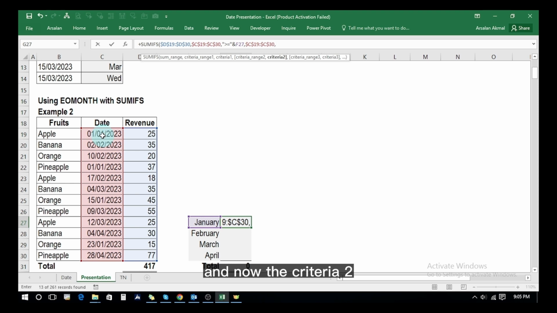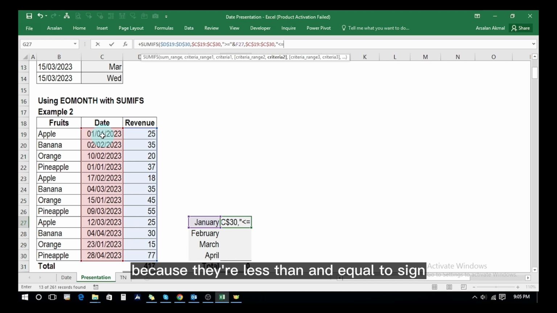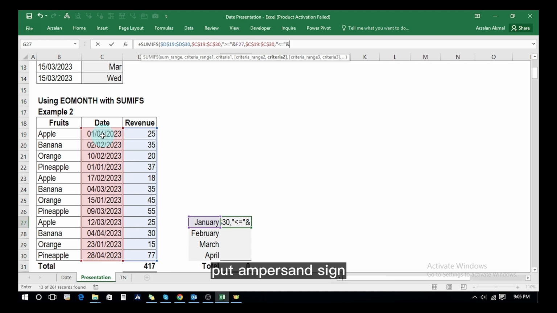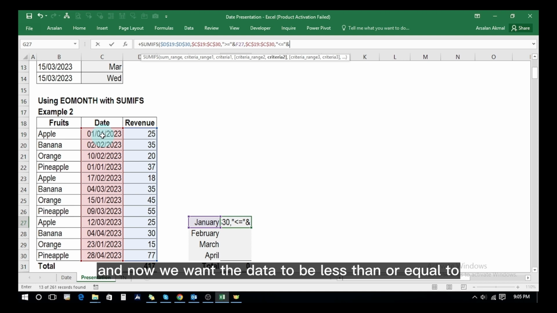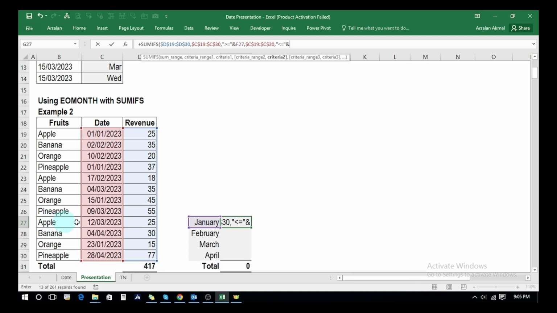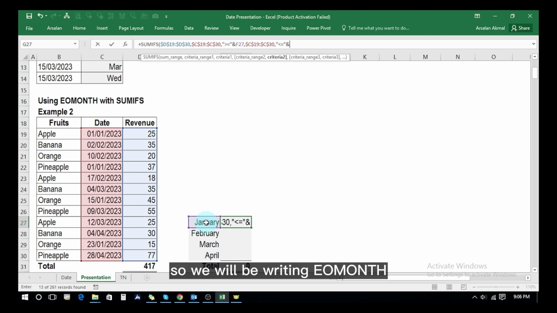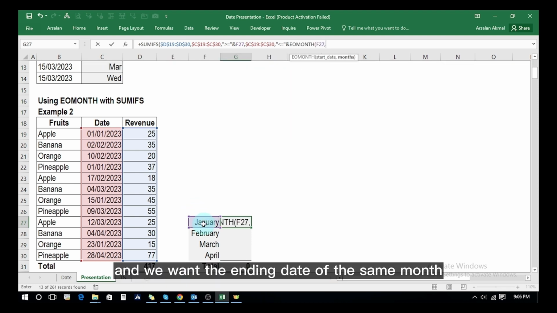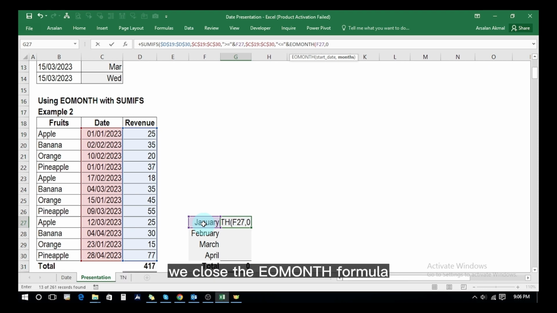And now the criteria 2, we start the inverted commas, we give the less than and equal to sign, we close inverted commas, put an ampersand sign, and now we want the date to be less than or equal to the end of the month of January, that is appearing over here in cell F27. So we will be writing EOMONTH, and this is the month, and we want the ending date of the same month. We close the EOMONTH formula, then we close the SUMIFS formula,